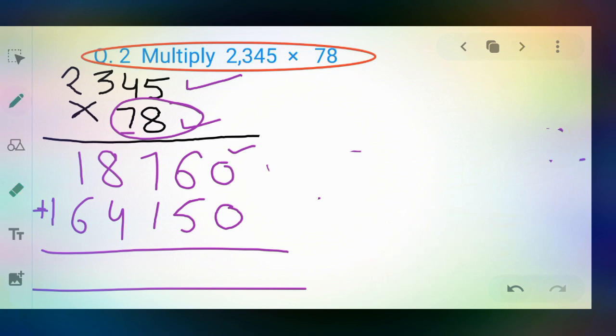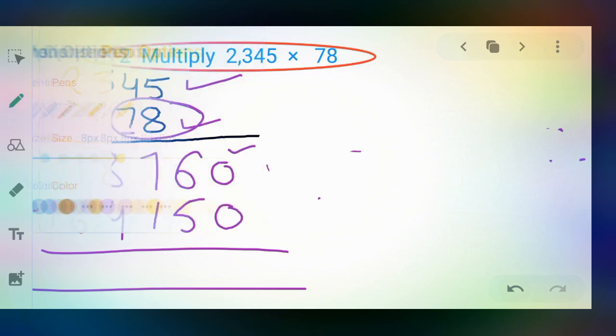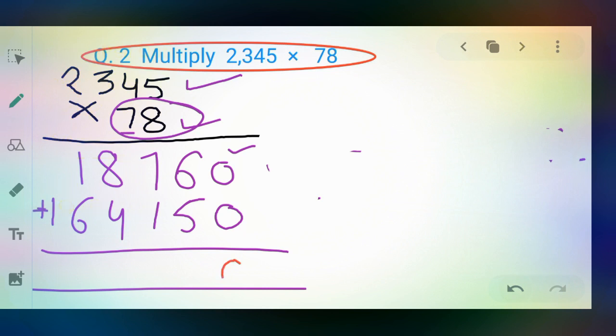Now what is the answer? I will write the answer as a sum. Now 0 plus 0, what do you get? 0. 5 plus 6, you know very well, what is the answer? 11. 1 becomes carry. You can also write this one here, but I write here. This is for your understanding. Okay. Now 7 plus 1, what do you get? You get here 8, and 8 and 1, it becomes 9. Now there is no carry.